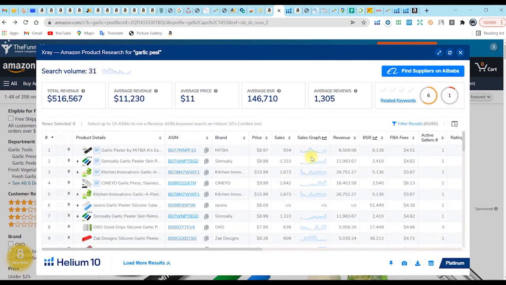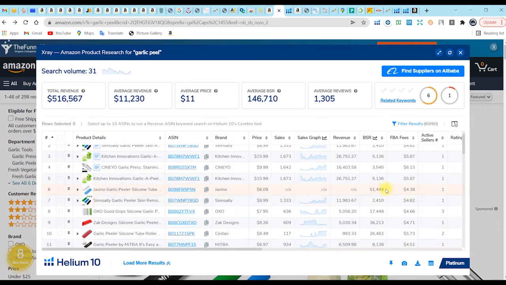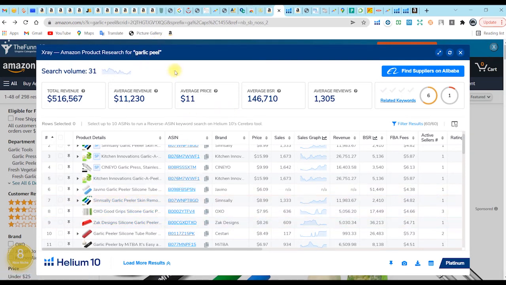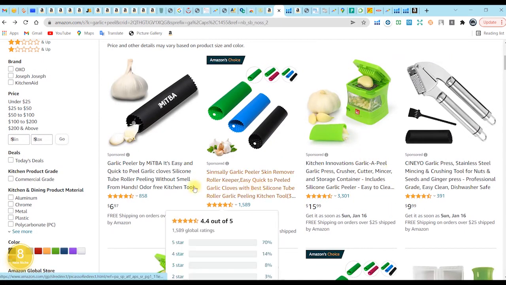The search volume is really low, but you can see the revenue is still so much, like $11,000 or $12,000. So I said that if there is no search volume there will be no sales, but they are selling how much? 1,300. So you need to basically check the search volume of the main keyword. The main keyword for this particular product is not garlic peel. We need to find the main keyword for this, and I think the main keyword